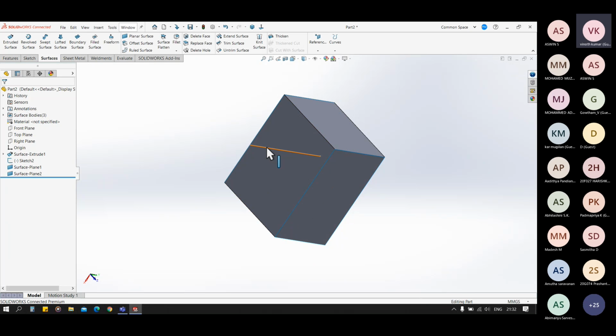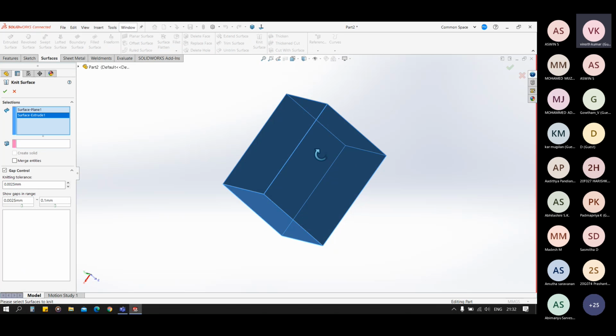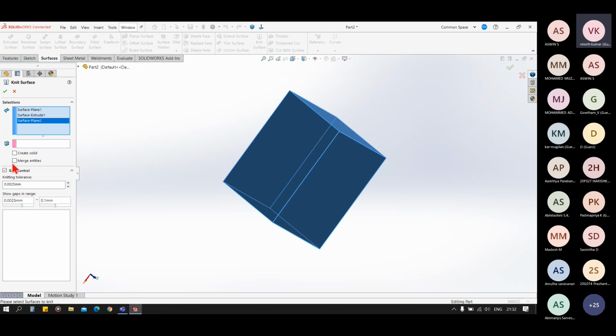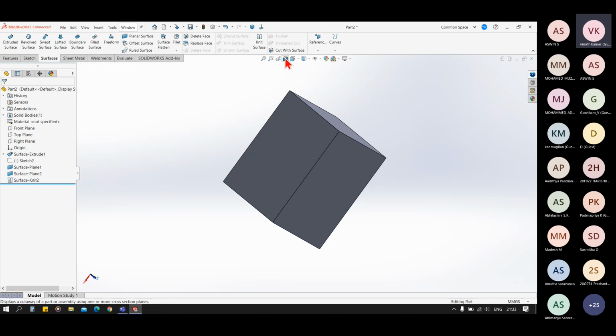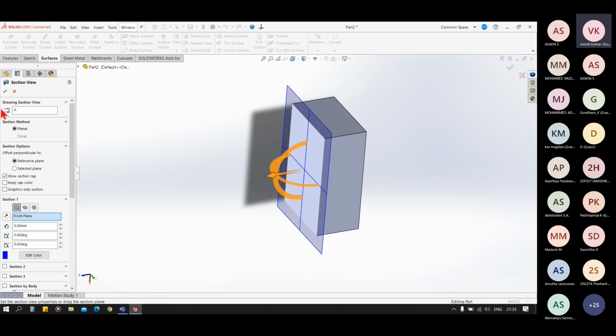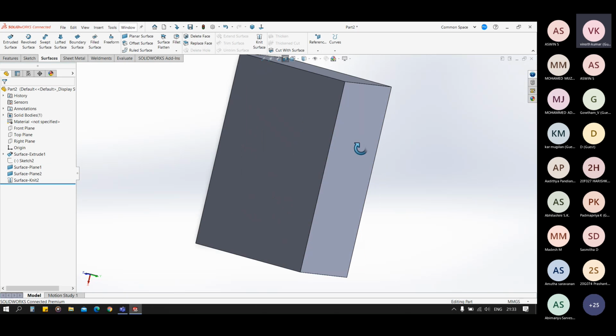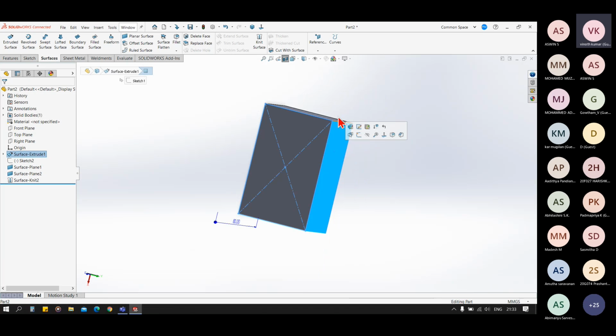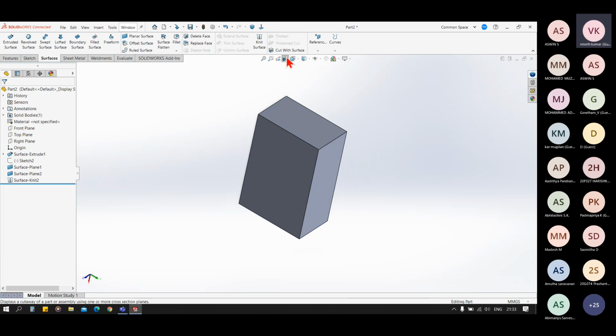Now we have a total of 3 surface bodies, this and this. So go to knit, select all the 3, and now you can see the create solid option. So when I click on create solid and click OK, now this body is completely solid. You can see this body is a solid body.